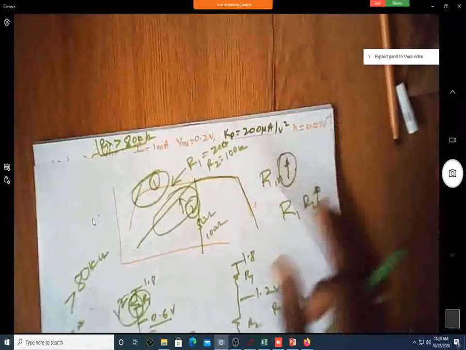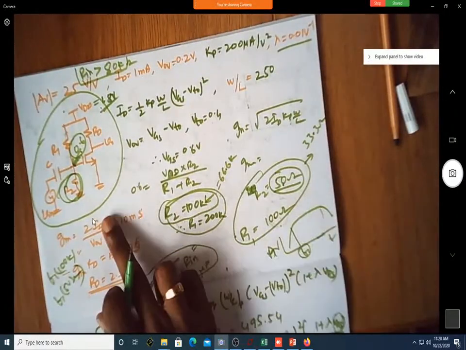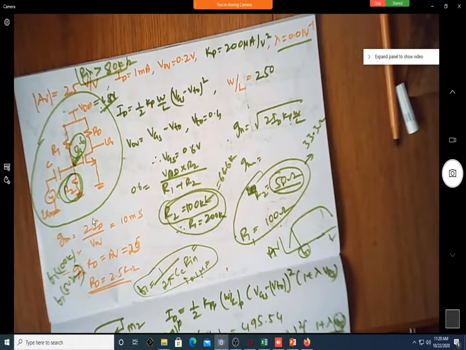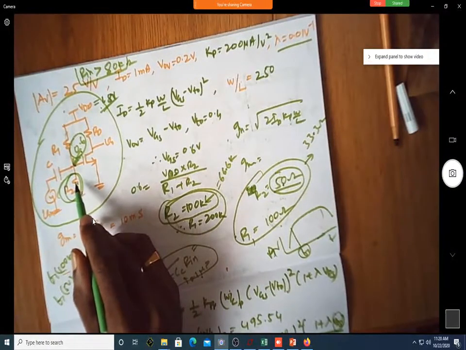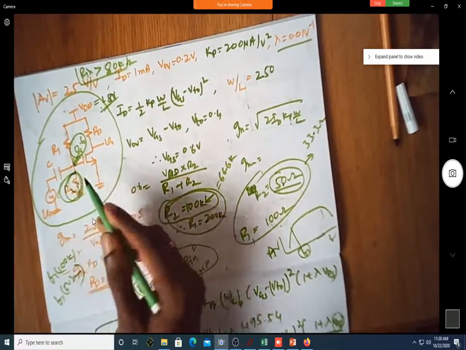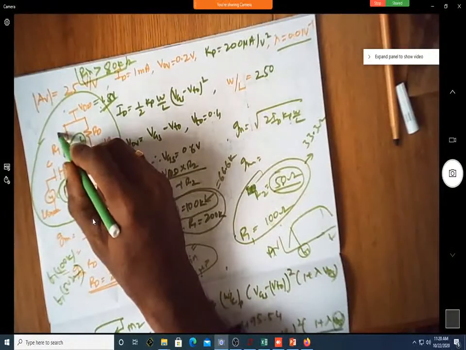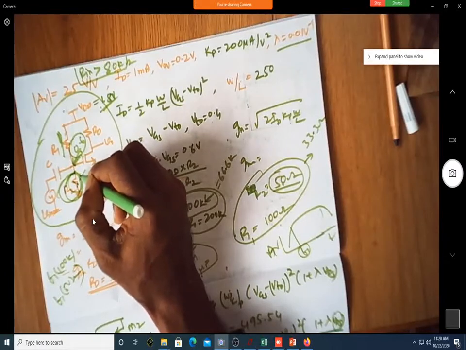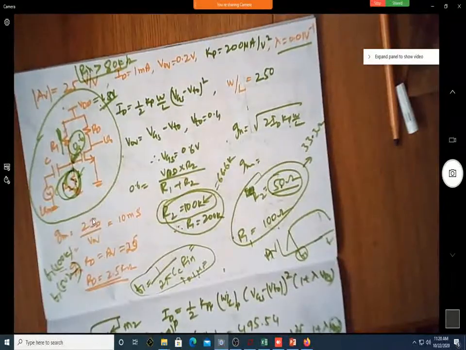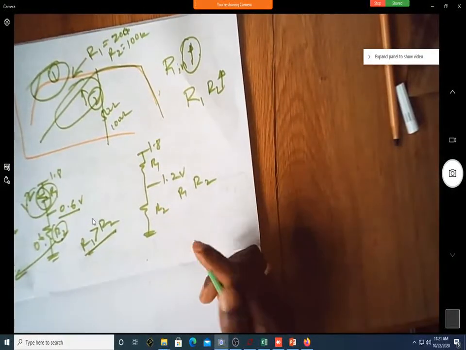So now the question is, why did I select 100k as my value of R2? You always select the dominant resistor as the highest value. Now here the dominant resistor is R2. Why is R2 the dominant resistor? Because this is a lower value. If you take the lower value with a bit higher resistance, then the other will always be more than this. Then naturally you're going to have a parallel combination slightly more than half of this.